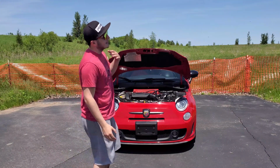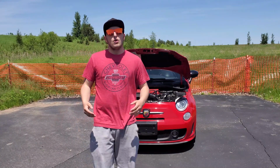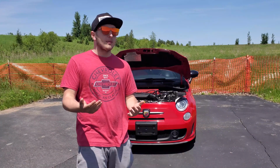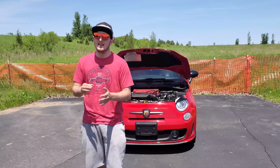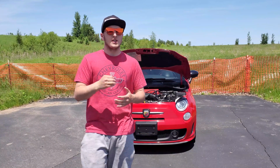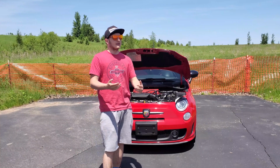After about, what is it? I'd say 3,000, 2,800 RPM, when that boost kicks in, the boost is much more aggressive. Although my boost gauge reads that I am producing less boost than I was when the car was factory. Factory I make between 18 and 20 pounds, and I appear to be making about 14 pounds of boost with the Racechip on in race mode. So I don't know how that works exactly,